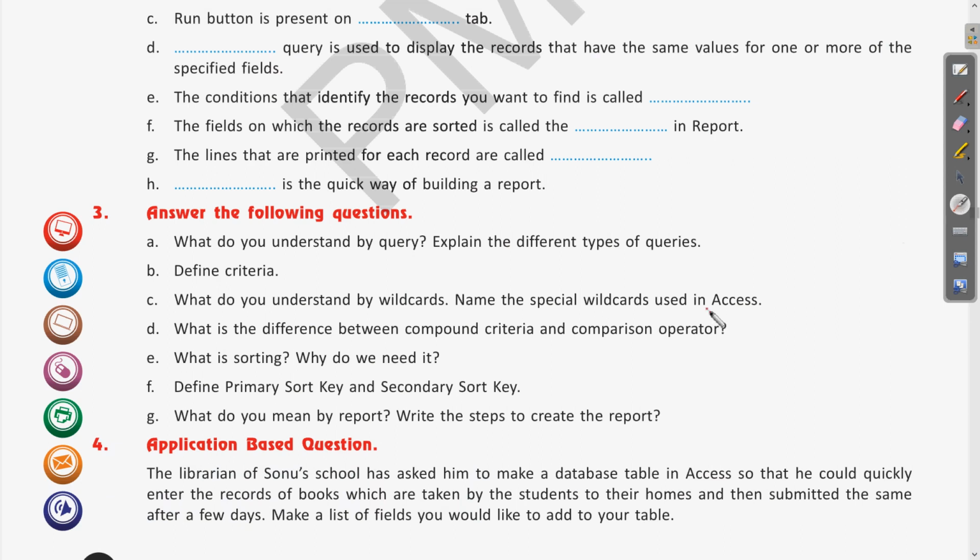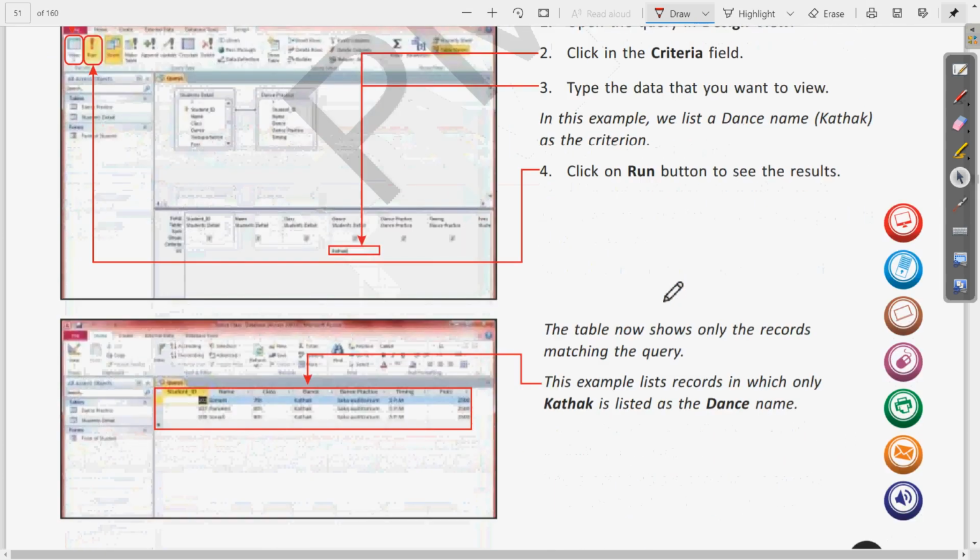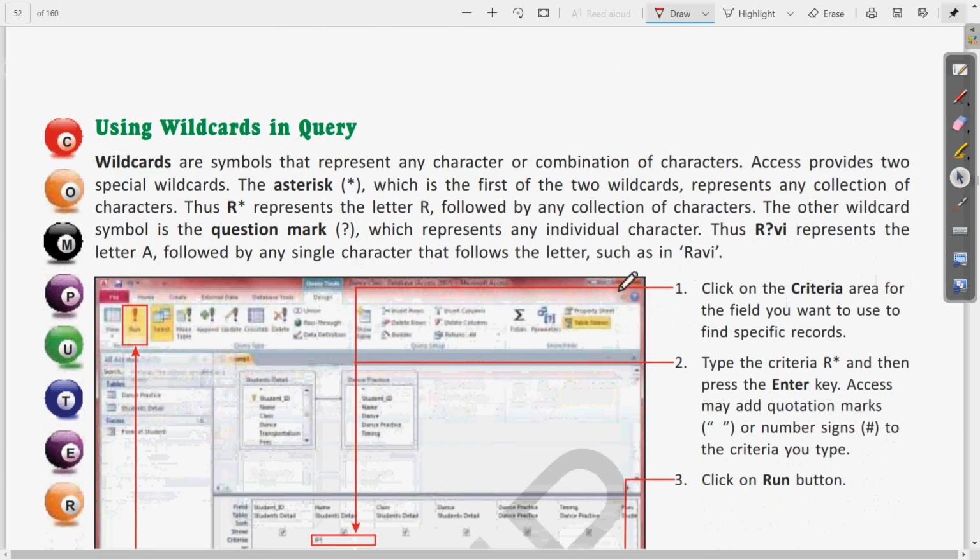The question number third C is, what do you understand by wildcards, and name the special wildcards used in Access. So let us see what is wildcard and what are the different wildcards which are used in Access. If we come in the book once again, on the same pages we can see what is wildcard and what are the different wildcards.